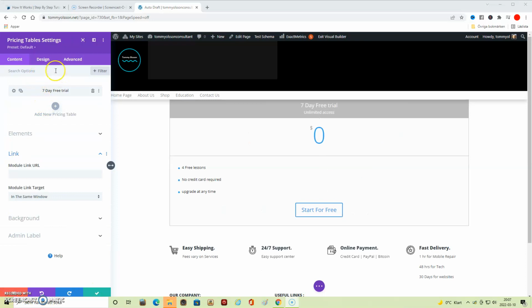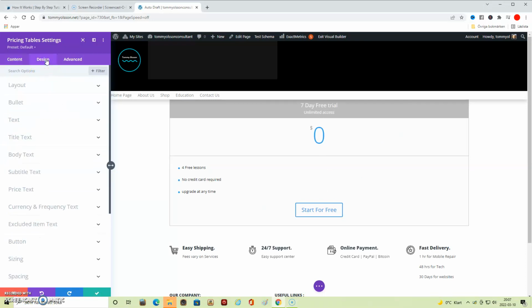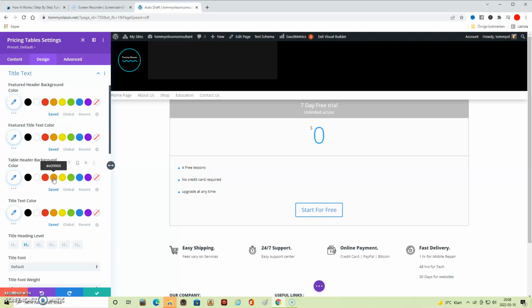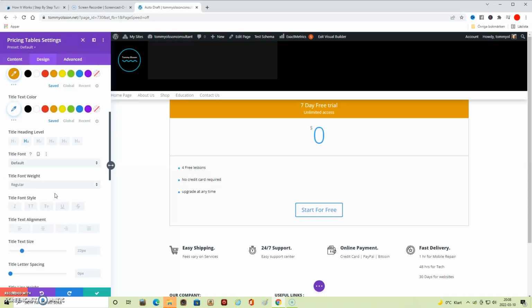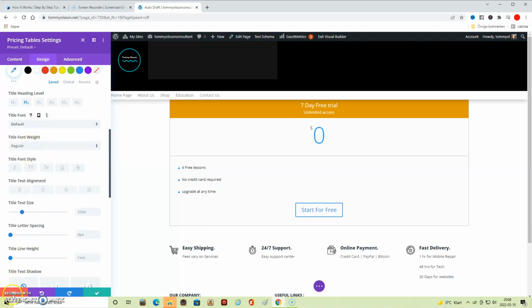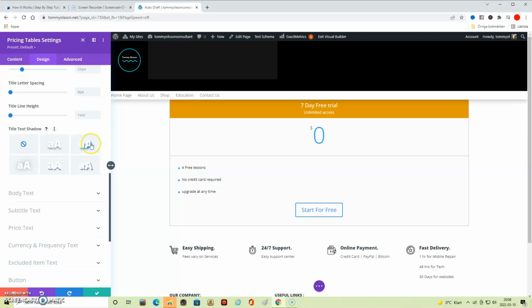Then I'm gonna go over to design and start to customize it. You can have a drop shadow feature for the title.